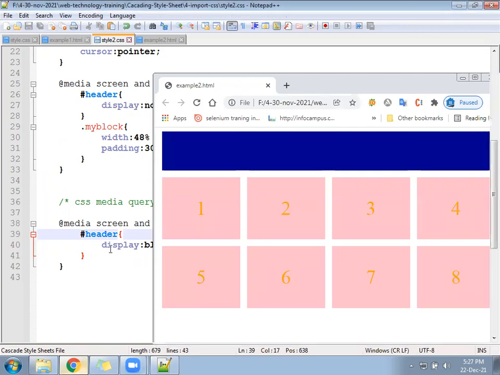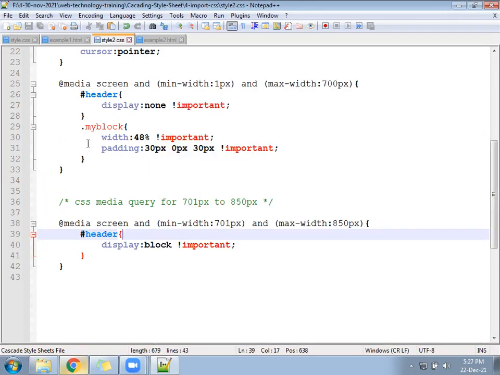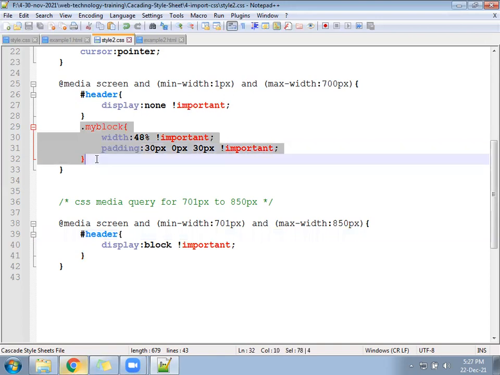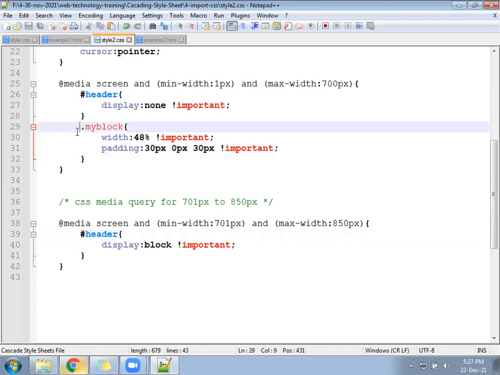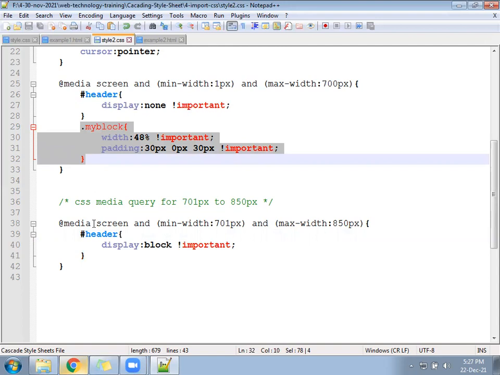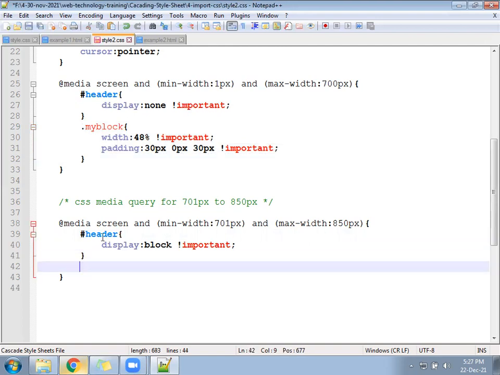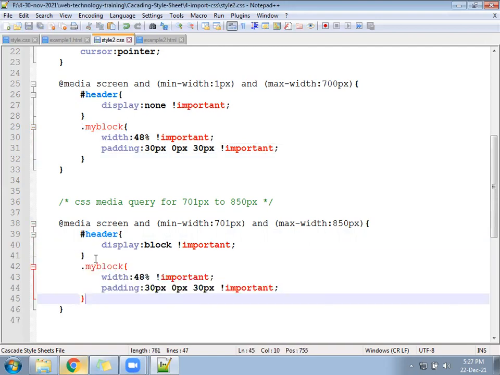Come now. So header is visible. Next we have my block. In the case of my block, what should happen? We are going to display a total of 3 divisions, 3 sections in one line.